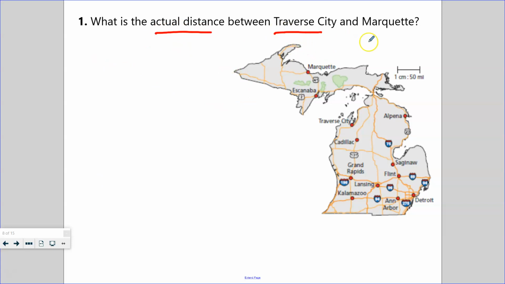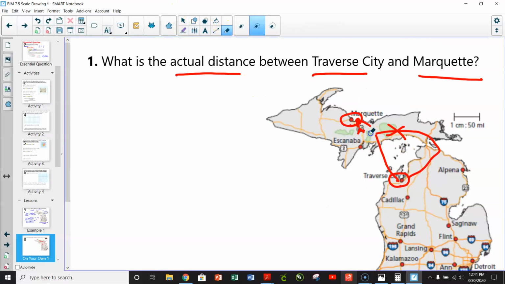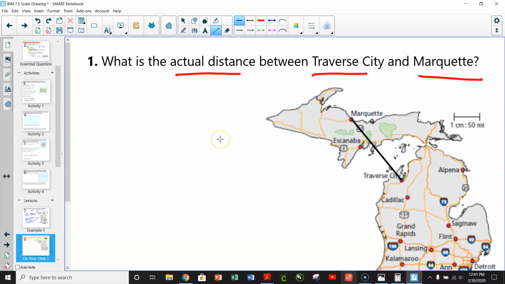Trying to find the Traverse City to Marquette, right? So looking from here to here, right? Now, we can't drive across water, but we're going to look at how far it is from each other, right? We would have to go this way to this place, but we're not going to measure this. We're just going to measure from here to there in a straight line, right? So again, you'll need to take out a ruler. We'll measure from here to here, and go from there. So, okay, go ahead and push pause if you need to.